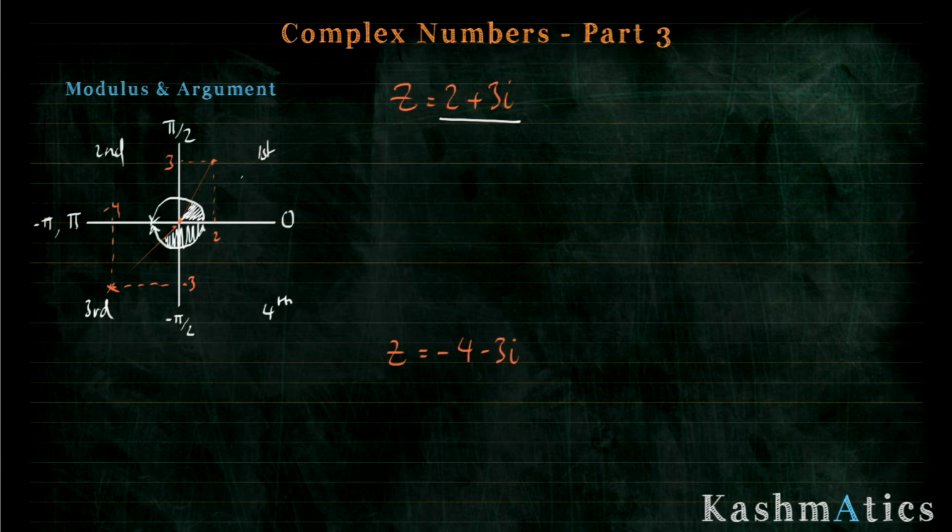Now the first one's quite straightforward. I can just use normal trig to work out that angle, and it would be the inverse tan. So let's just call this theta. Theta would be the inverse tan of 3 over 2, which equals 0.983 radians. Okay, and the way we express this is